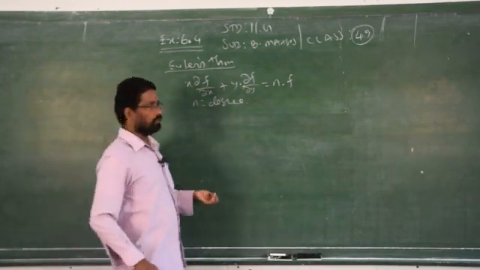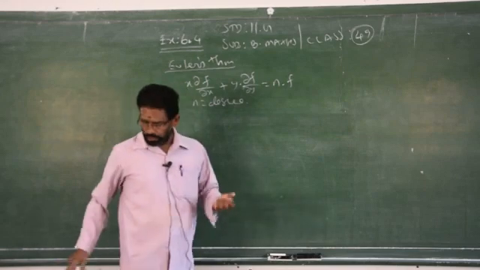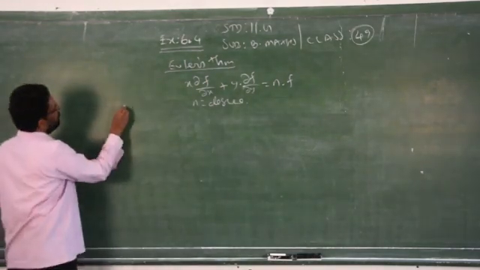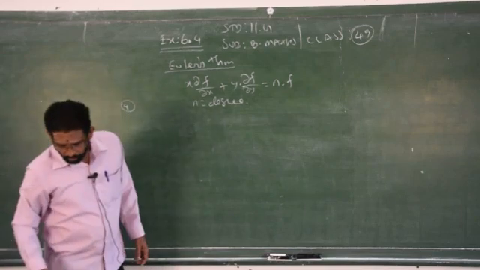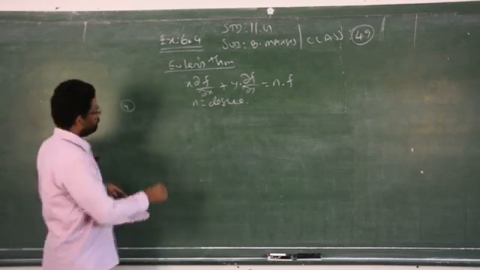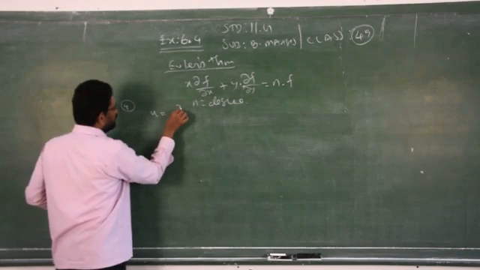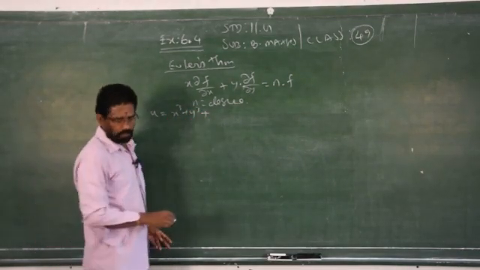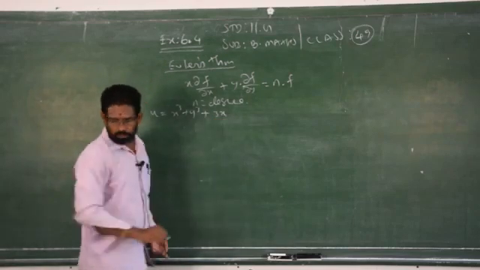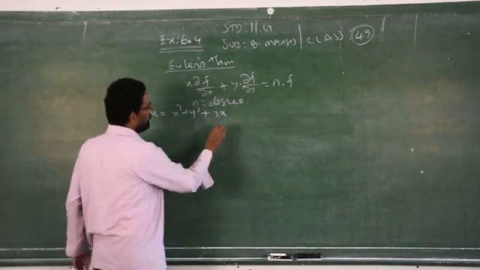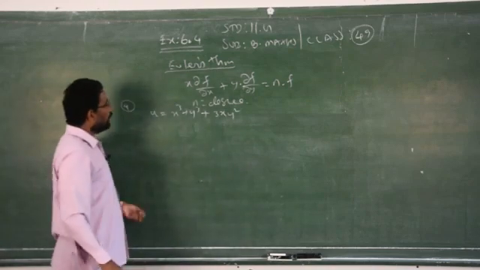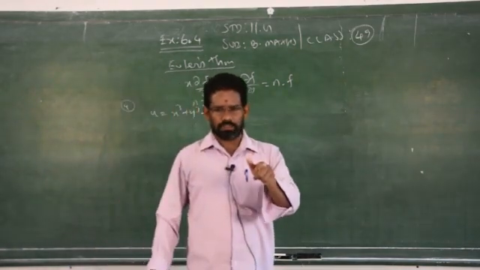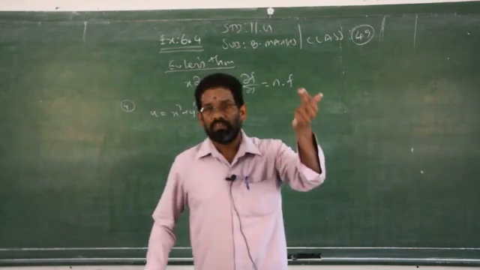Now, you will go to sum number 4. Up to sum number 3 we completed in the previous class. Sum number 4. Verify the Euler's theorem: x cube plus y cube plus 3x square y plus 3x y square. Now you have to verify the result. I told you already there are two concepts under the Euler's theorem: using the Euler's theorem and verifying the Euler's theorem.